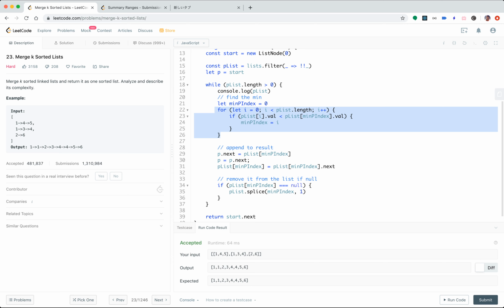Once we sort it, that will be m log m, and after that we get the minimum, and now we will just need to insert it. So that case will be only m. So it will be plus m times